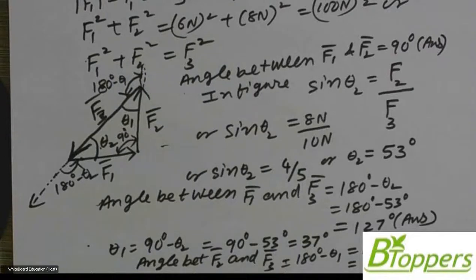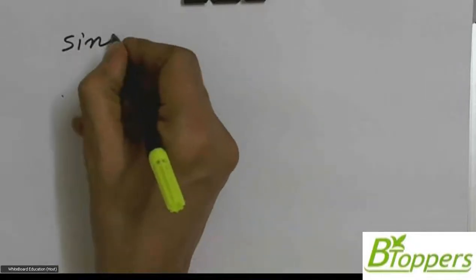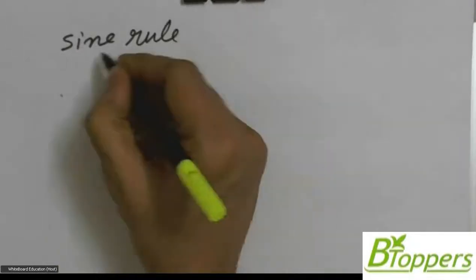The MPC students study about the sine rule in trigonometry. Of course, even for biology students also, we discuss the sine rule. It is given even in Telangana Academy textbook in the vectors topic as one of the exercise questions to prove sine rule using the definition of the cross product of vectors. But at present, I am not going to discuss the proof of the sine rule, but I am just going to discuss the sine rule here. Next, I would like to once mention about the sine rule.